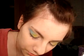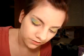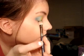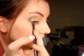Steamy. There's probably a bunch of things that are similar to Steamy too. Parrot looks kind of like Steamy. I just got this, I've never used it, but we're gonna give it a go. So I'm gonna use the same brush because I don't feel like getting a new one. And we're gonna put that right where the Otherworldly Paint Pot is. We're gonna pat it on first and just kind of get the shape of the crease in the outer corner,